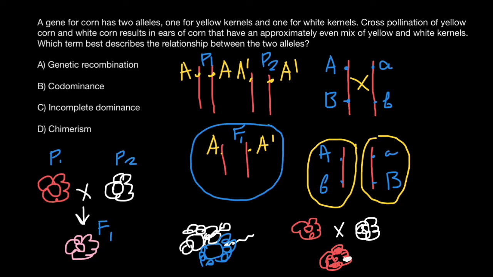So both these traits are going to be codominant. We say that they're codominant. And this is exactly what is described in this problem, when we have a cross-pollination of yellow corn and white corn, with a result which is an approximately even mix of yellow and white kernels in the progeny. So this is an example of